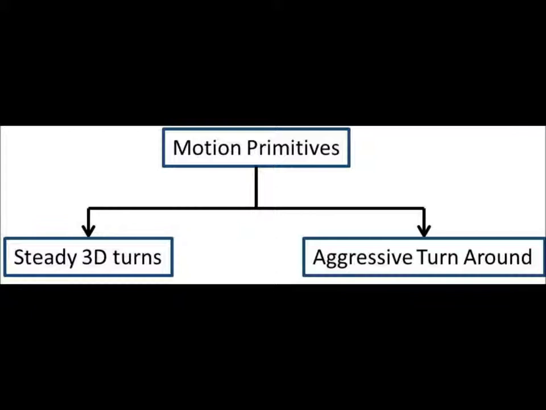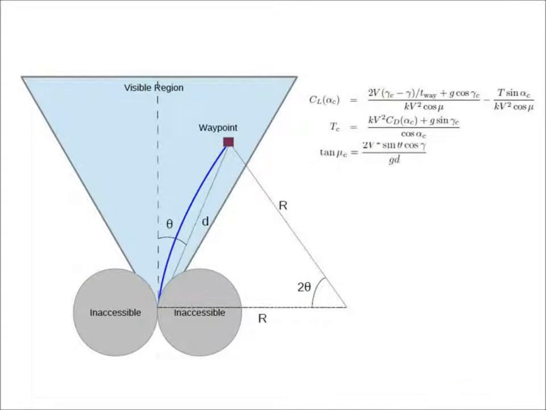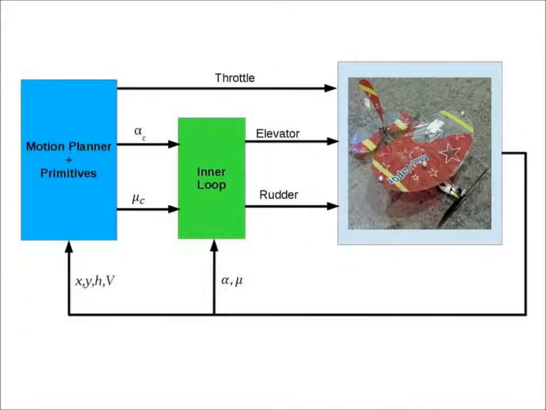The first family of primitives consists of steady 3D turns between 2 points in space with compatible boundary conditions at the initial point. Using the basic equations of motion, we identify three pseudo-control inputs required to fly this arc: the thrust produced by the aircraft, the angle of attack, and the wind axis roll angle. Dedicated inner loop controllers ensure that the angle of attack and the wind axis roll angle of the aircraft match